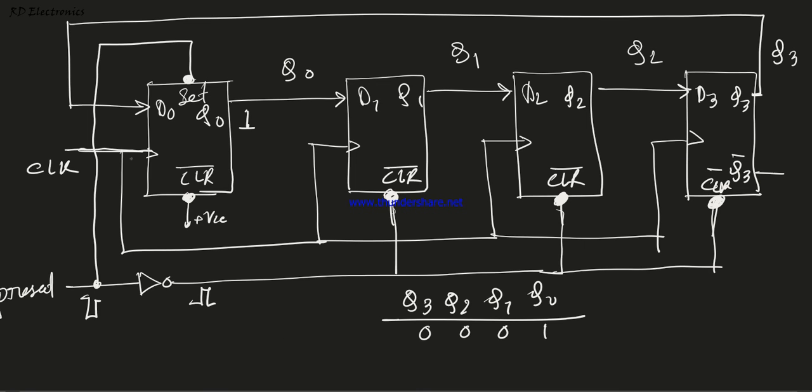Okay, now we apply the clock. If we apply this clock, then this 1 is shifted here, and again the incoming bit is 0, because the preset remains high. If this preset remains high, then this set input is inactive, but for this clear, if this is high and this is low, for this low, the clear bar is activated and the output is equal to 0. So now again this 1 comes here, so this is 0 1 0 0.